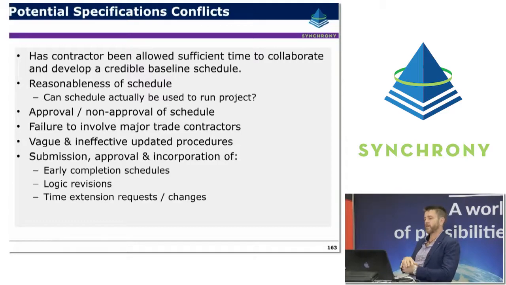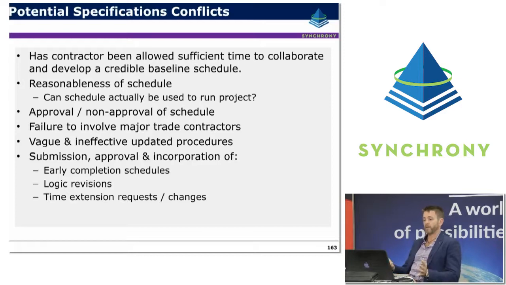So it's really important, if you're going to specify requirements on submitting baseline schedules, that they're not too aggressive, that they're giving adequate time for the contractor to think it through, to even collaborate with the owner or project team to come up with a well thought through plan. The reasonableness of the schedule obviously is a really important consideration as well. So one, is it meeting the required milestones, but secondly, is it credible, is it realistic? Because if it's not, let's talk about that now, let's sort that out now before we set the baseline rather than sorting it out afterwards.